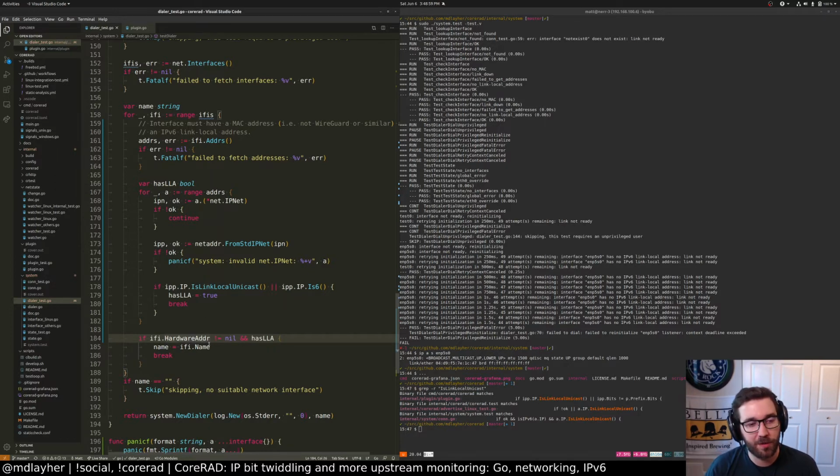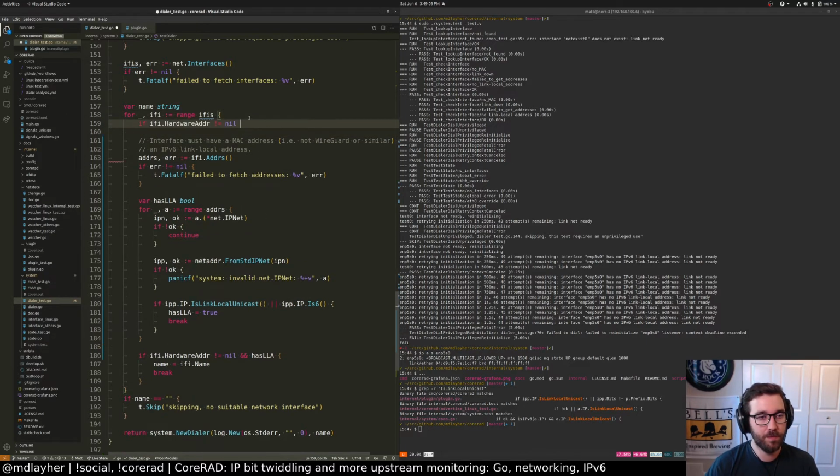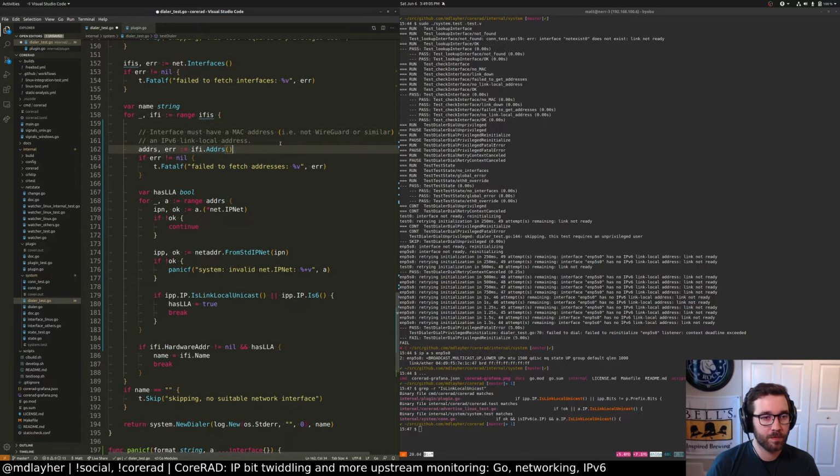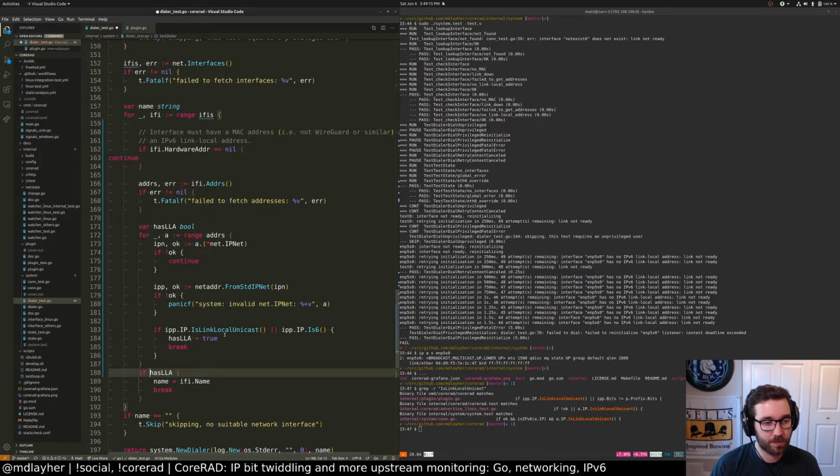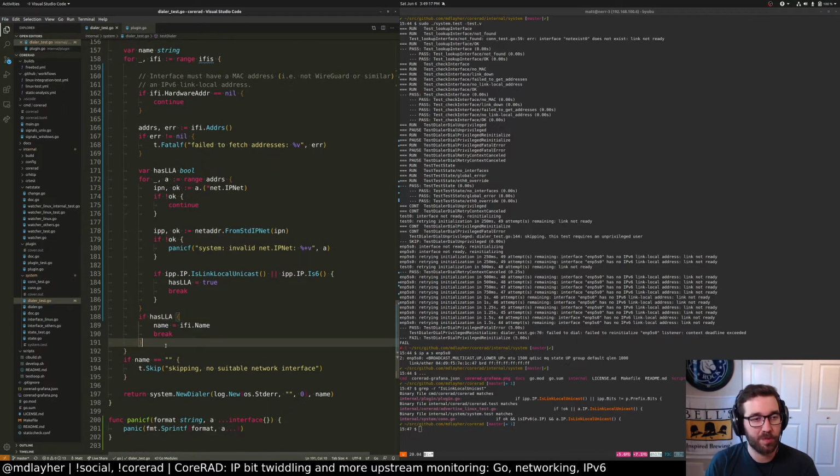Actually, I guess we could check this first, right? We could check this property first. So if it equals nil, we continue. And if we have this, we break out of the loop, because we just need a link local IPv6 address. We don't actually care which one.